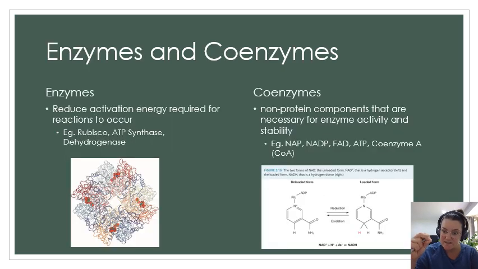Now, both photosynthesis and respiration require the use of enzymes and coenzymes. So enzymes, that's something familiar to us. They're proteins that help to reduce the activation energy required for reactions to occur. So some of the enzymes that we'll come across when we look at photosynthesis and respiration is rubisco. That's a big one that's outlined quite clearly in the study design. Add it to your glossary now. ATP synthase, dehydrogenase, all of them are really important in allowing the cycles that we look at in photosynthesis and